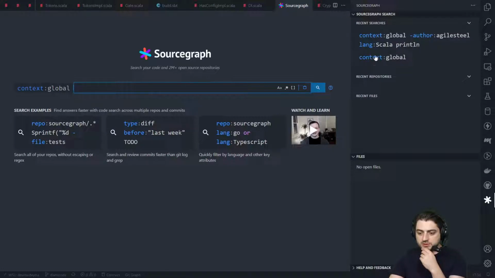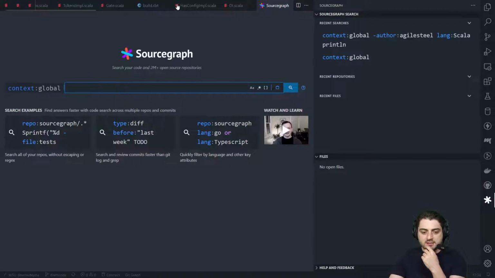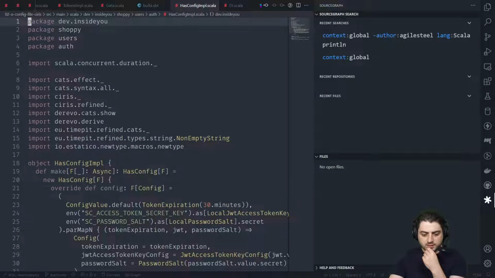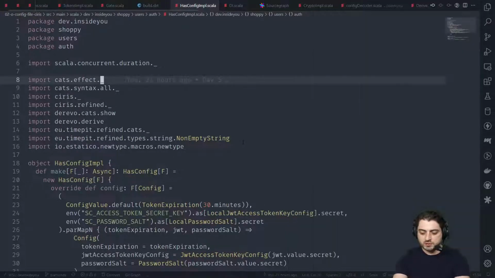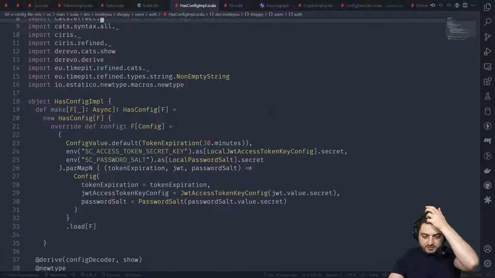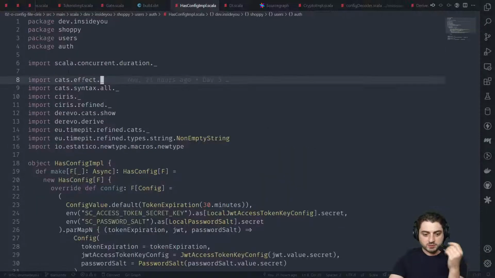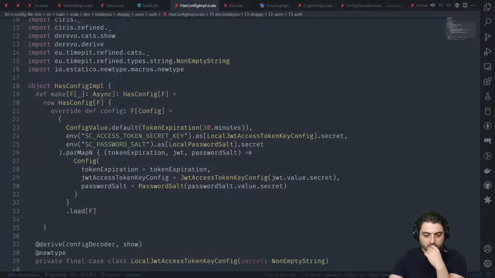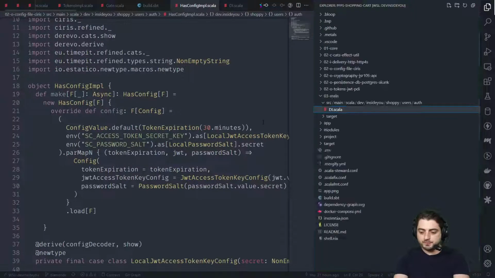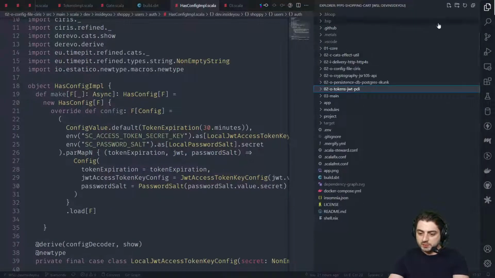Recent searches. Okay, this is interesting. Okay, so does it have something like... one of the things we did on the stream yesterday, one of the things that I really wanted to know, for example, was in this token thing